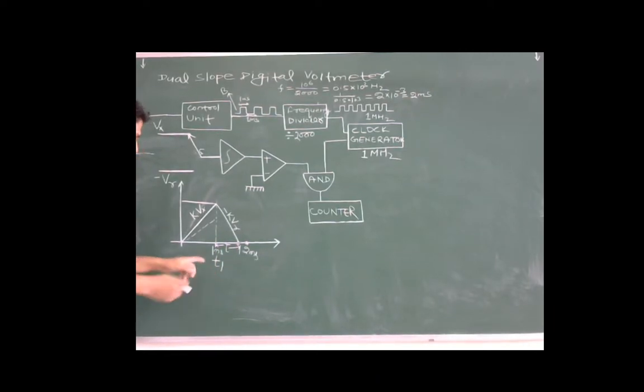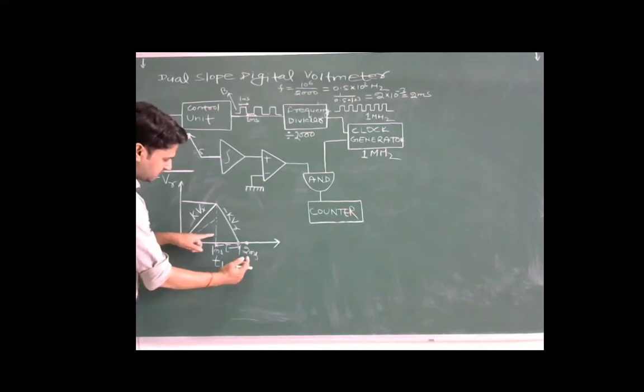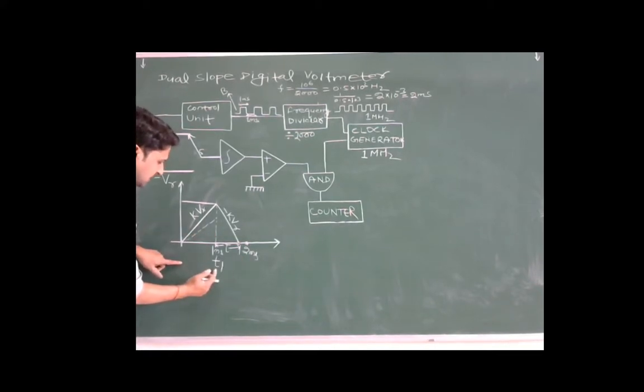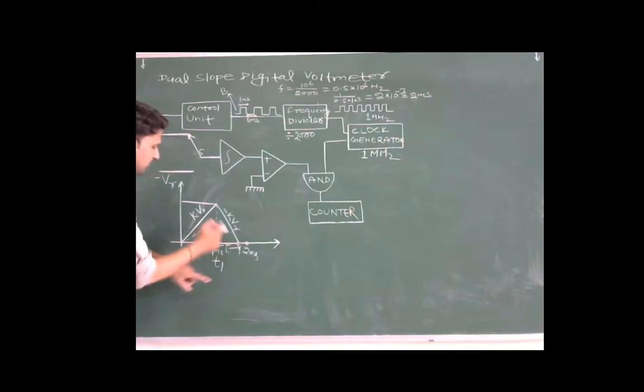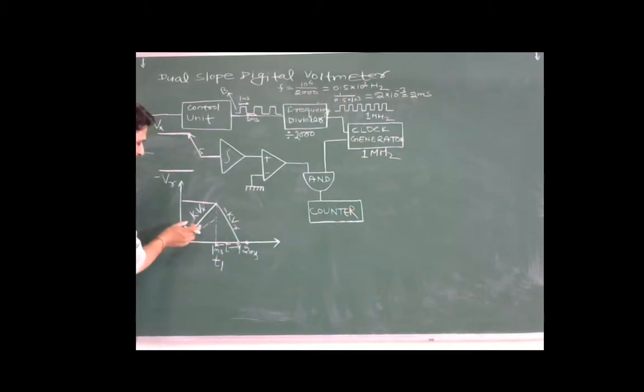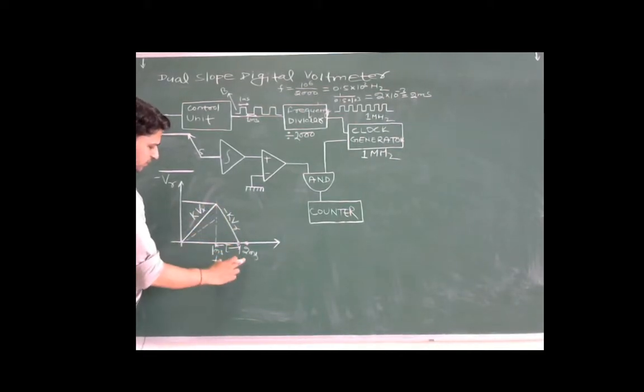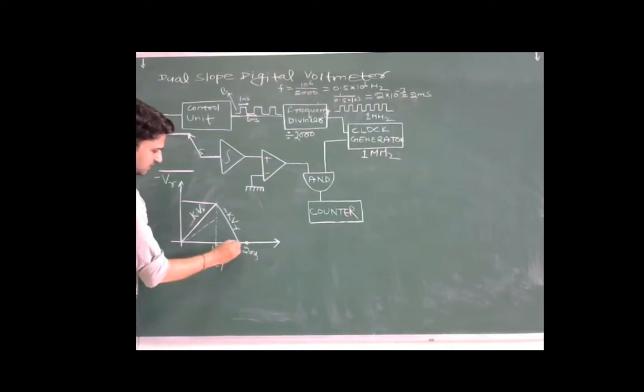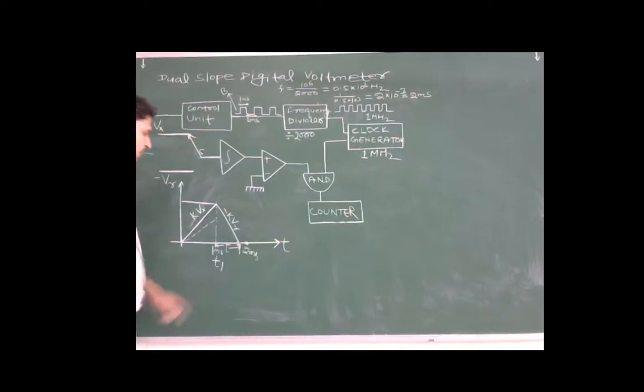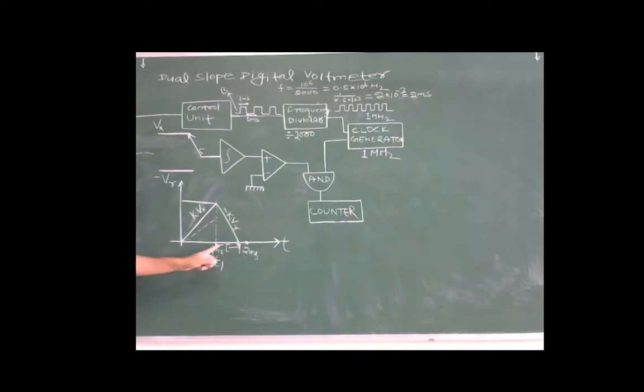If the frequency of this signal is known to me, that means this time duration is known to me. It is 1 millisecond. This time is also 1 millisecond. But if the rate of falling is higher than the rate of rise, then this signal will cross the 0 before this 2 millisecond, and I have to calculate this time when this signal is crossing the time axis. We have to calculate this time from 1 millisecond to tau. I have to calculate only this time.